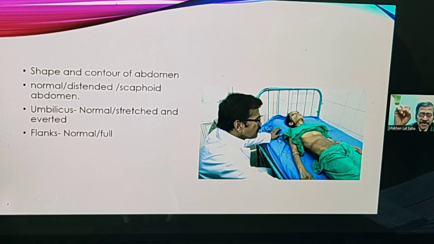Look at the umbilicus. Normal umbilicus is midway between the xiphisternal junction and the symphysis pubis. This umbilicus may be displaced. Normal umbilicus is inverted. This umbilicus may get everted or may become sometimes inverted. So, at the inspection,